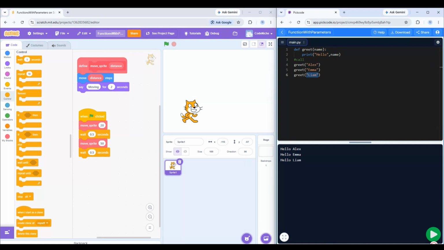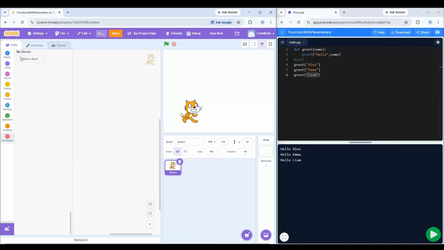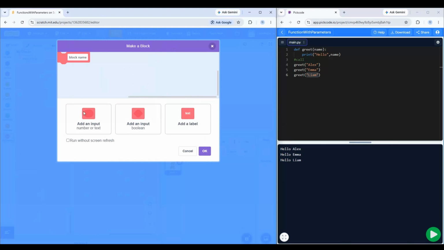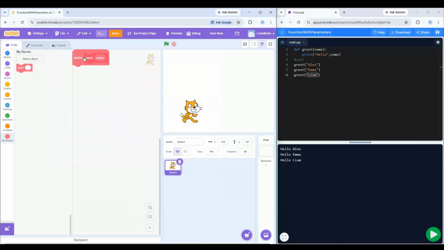we got our output. Let's quickly create a mini project where we will create a pet greeting generator. So we will ask the user to enter the name of their pet. So how we can do that? Let's go ahead and try that. So I'm going to create the function. Let's name it as, again, I'm going to use it as greet, and here I'm going to take the name,